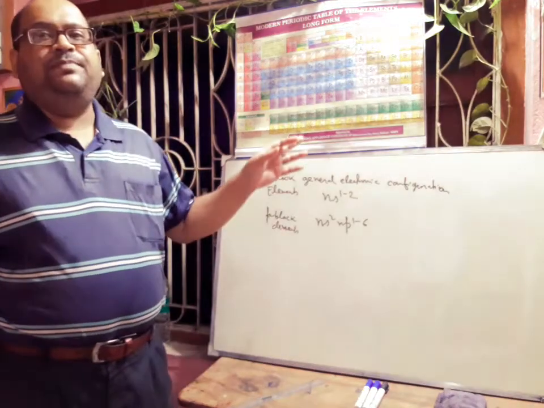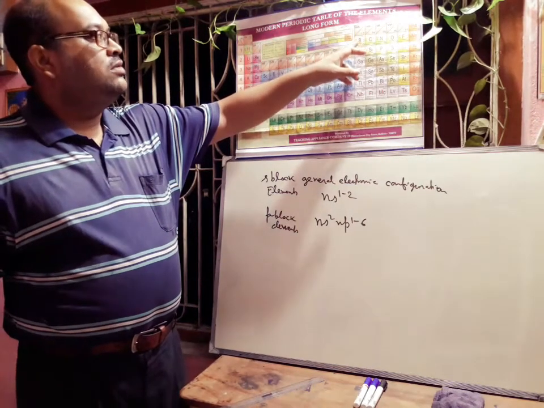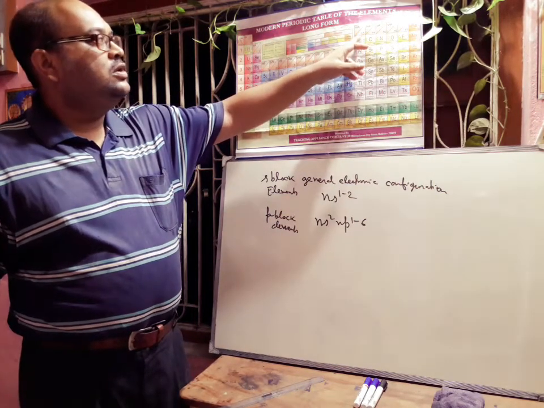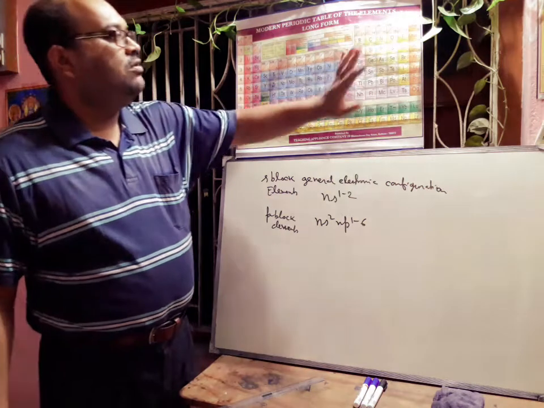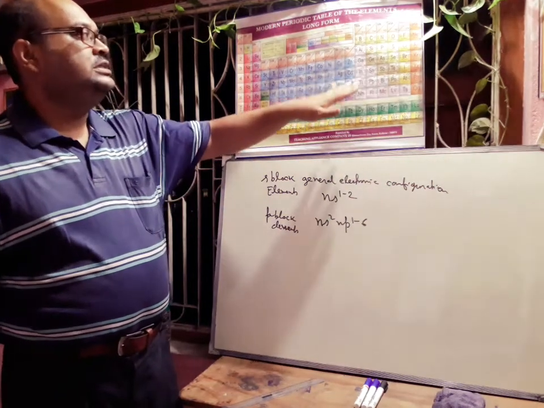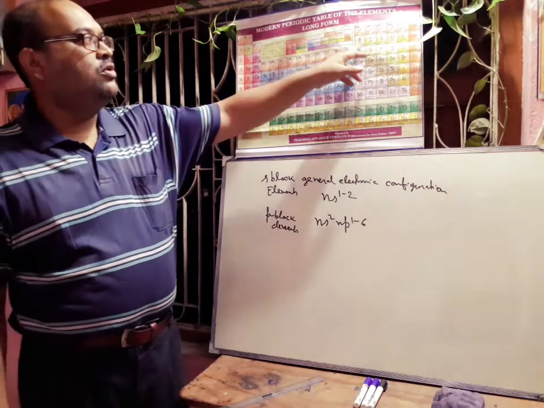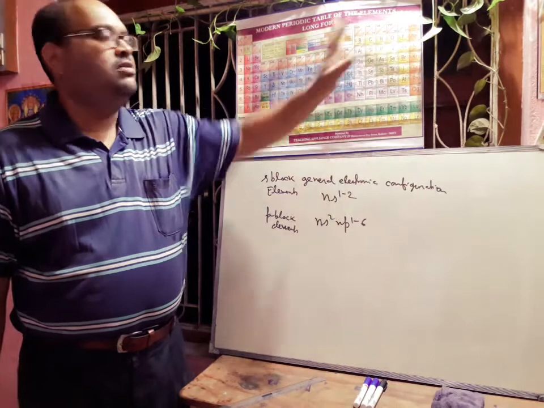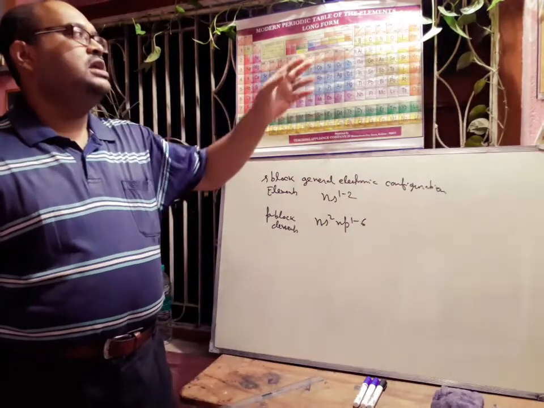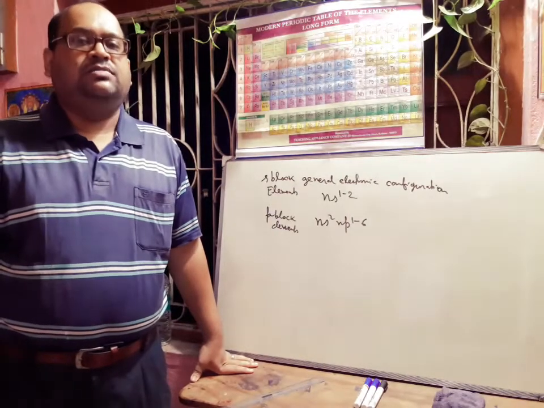Now if we look at the periodic table, from group 13 to group 18, all are p block elements. So these p block elements are situated on the right side of the periodic table. Here, from boron, carbon, nitrogen, oxygen, fluorine, neon, the last electron will enter into the p subshell. Next we will discuss the d block elements.